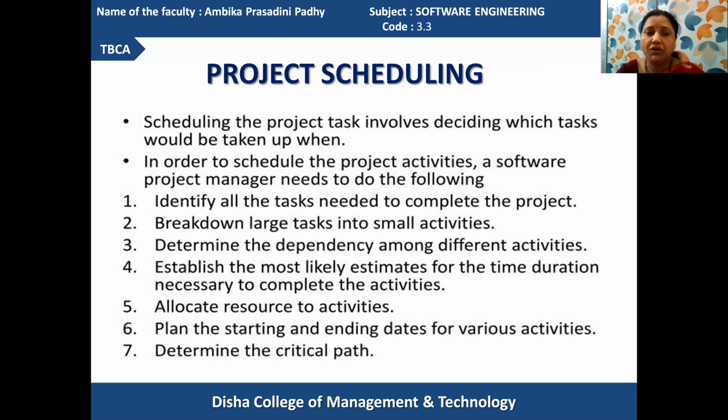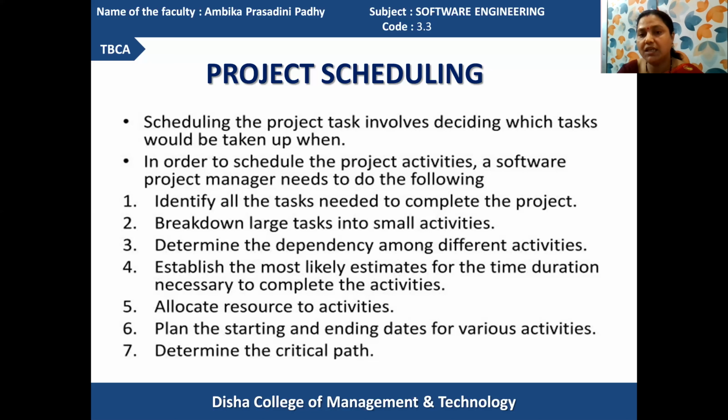In the first activity, you have to identify all the tasks needed to complete the project. Previously, we discussed that when a project is a larger one, it is divided into modules, and every module is further divided into sub-modules and executed in a proper manner. Whichever sub-processes are available will be executed first. Then after the sub-processes are over, they will be integrated together and tested combinedly. Got it? So here we have to identify the tasks at first.